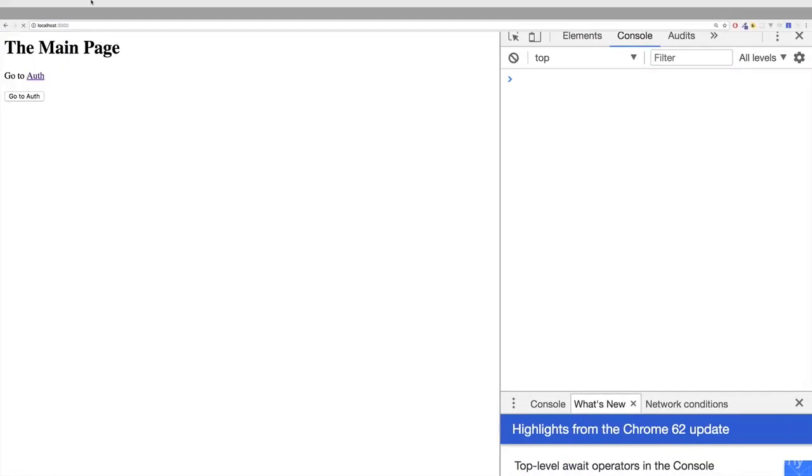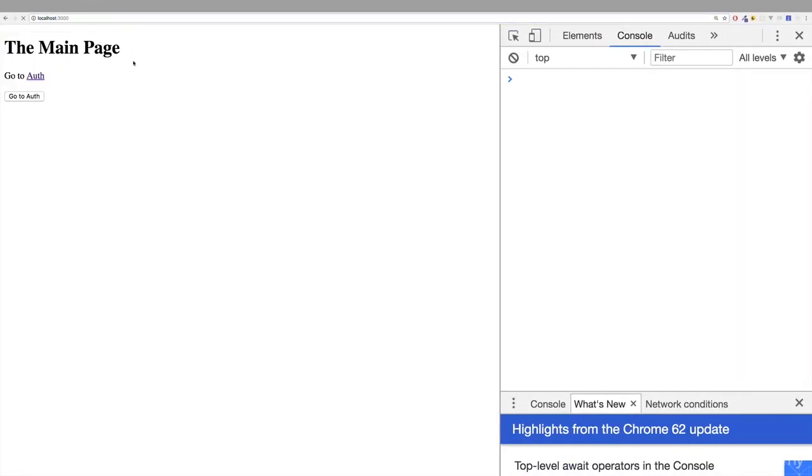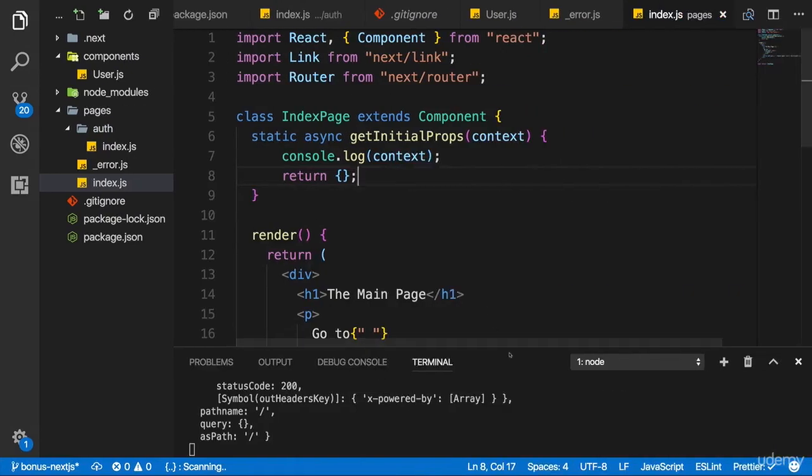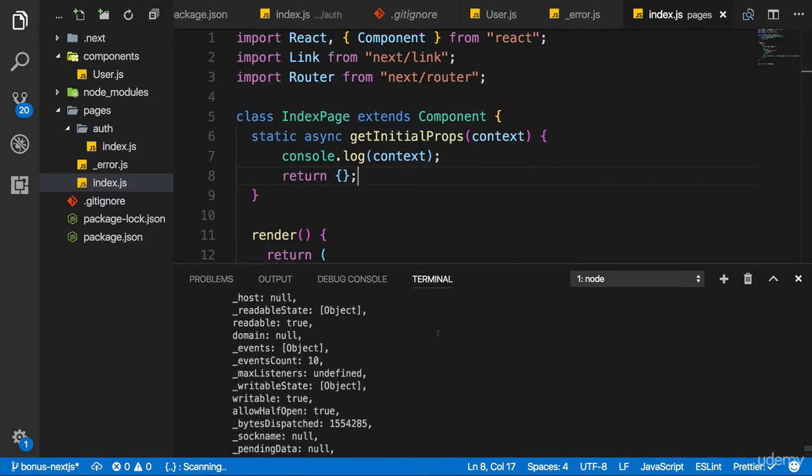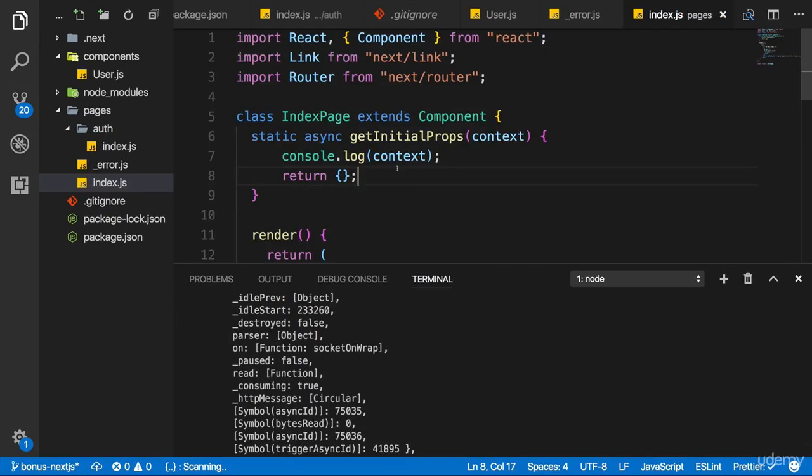And now with that, let's reload the page. And we don't see anything here. We don't even see a console log. We can see something in the console though, in the console here where we ran npm run dev, because this code actually is executed on the server first. It will only be executed on the client if you navigate there within the app, so by clicking a link for example. If you navigate there by typing the URL and hitting enter or refresh, it executes on the server. That's the special thing about this lifecycle method.